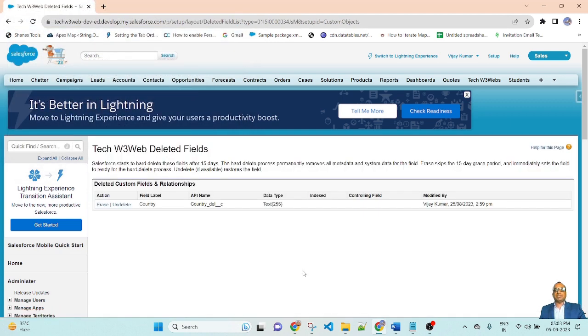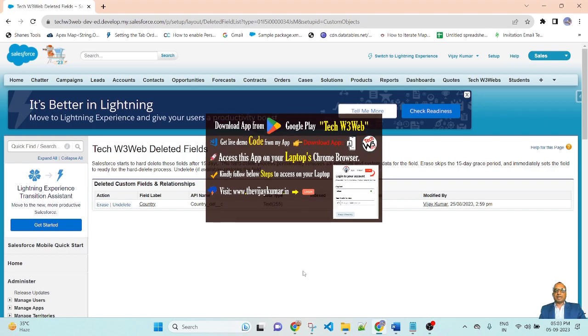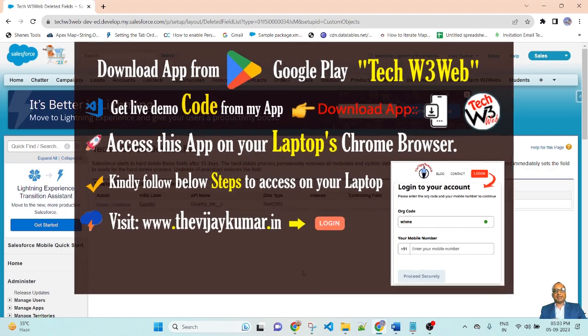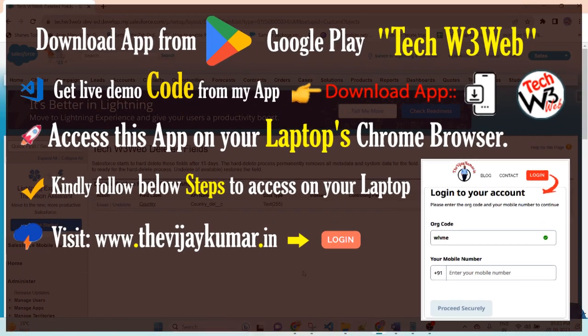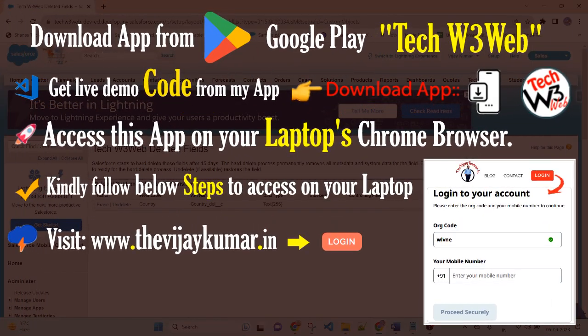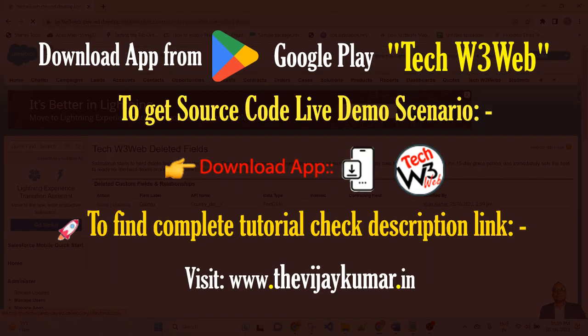First I deleted from Lightning, then went to Salesforce Classic, found the master object, and deleted all of the roll-up summary fields permanently. Now go to Salesforce Lightning.